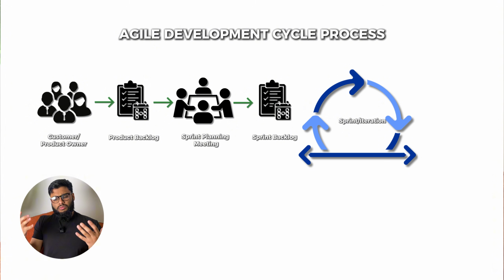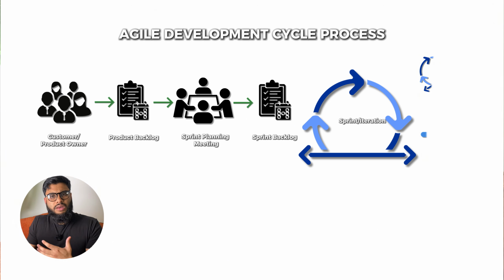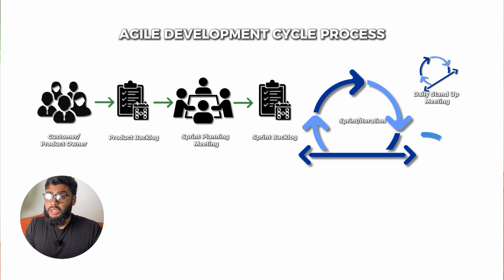Okay, so we're in the sprint. What's happening? The team is working really hard to get to the requirements. And every single day we have something known as a daily stand-up meeting. The daily stand-up is a short 15-ish minutes, right? 15, 20 minutes, even 30 sometimes, depending on your team size, where you basically uncover three questions. You go around and you ask your team members three questions. Number one, what did you do yesterday? Number two, what do you plan on doing today? Number three, are there any impediments you're facing?